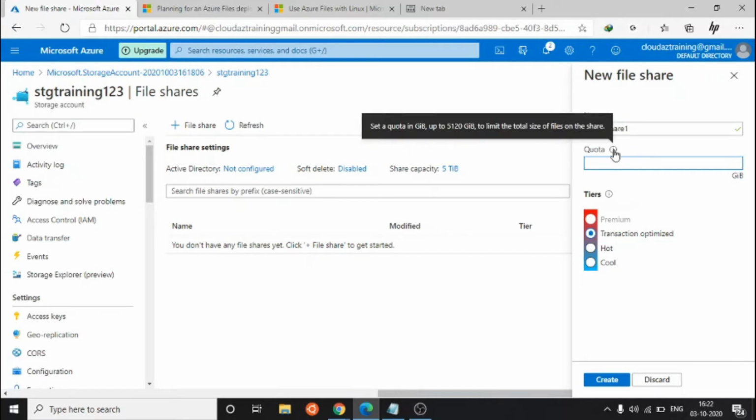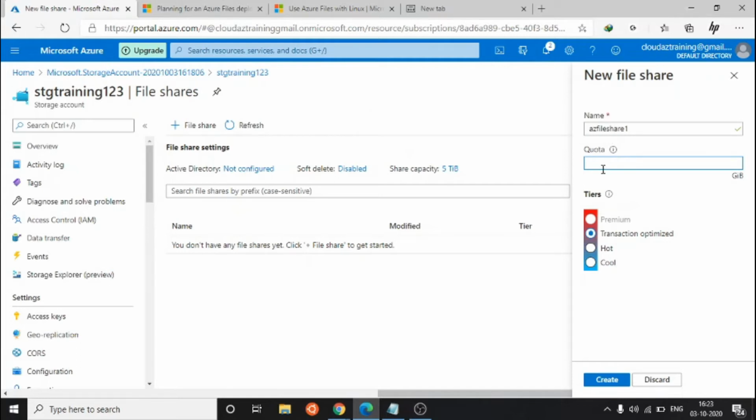As you can see, we can give a quota of up to 5120 GB, which is the higher limit for the quota. Currently I am giving the minimal 1 GB.